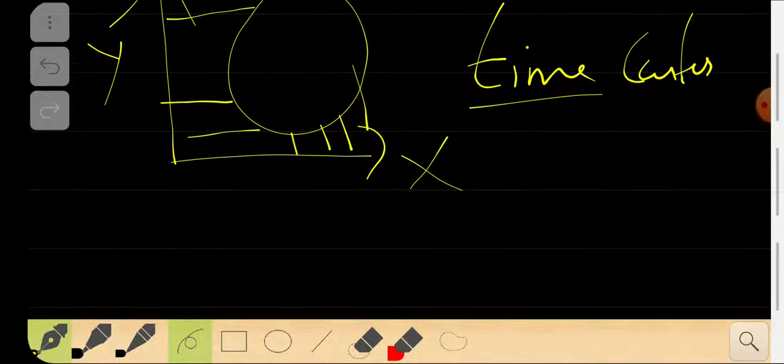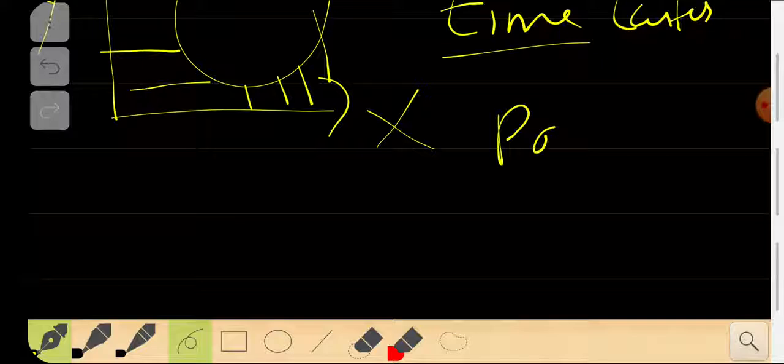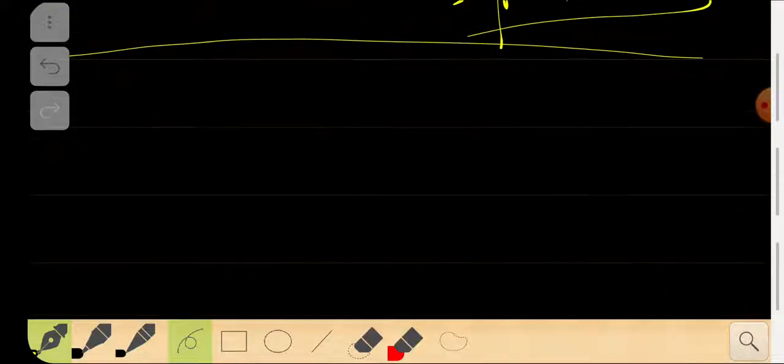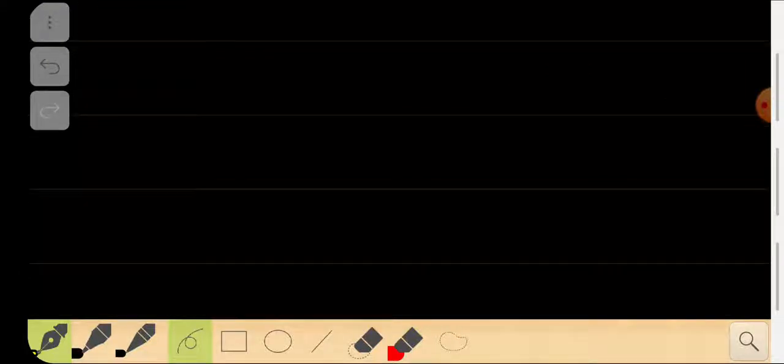So the time will be much higher when you use the Cartesian system and all those things. Right now it is much easier in the polar coordinate system. You will see that in a second. So how can you see that? I will do a problem. That's the easiest way I can convince you that this is the right way and the easiest way.